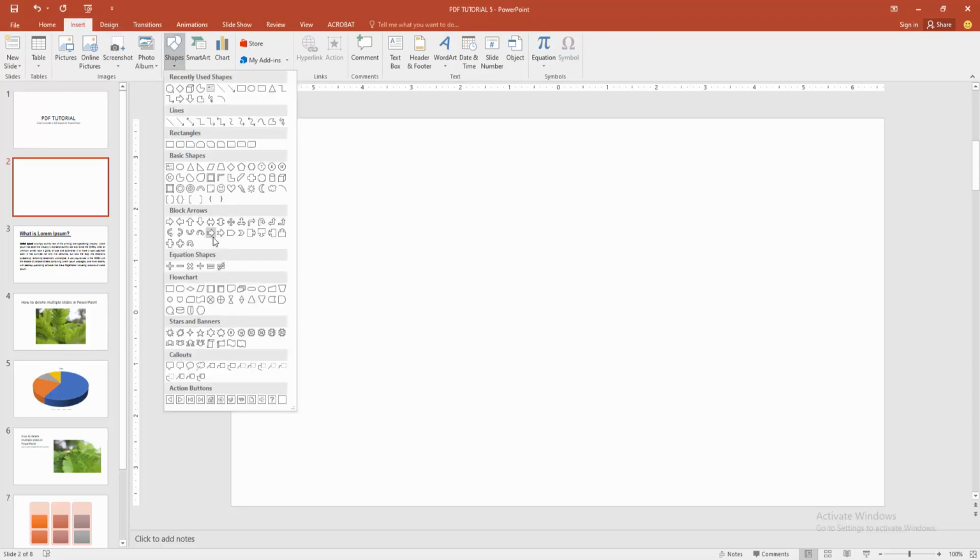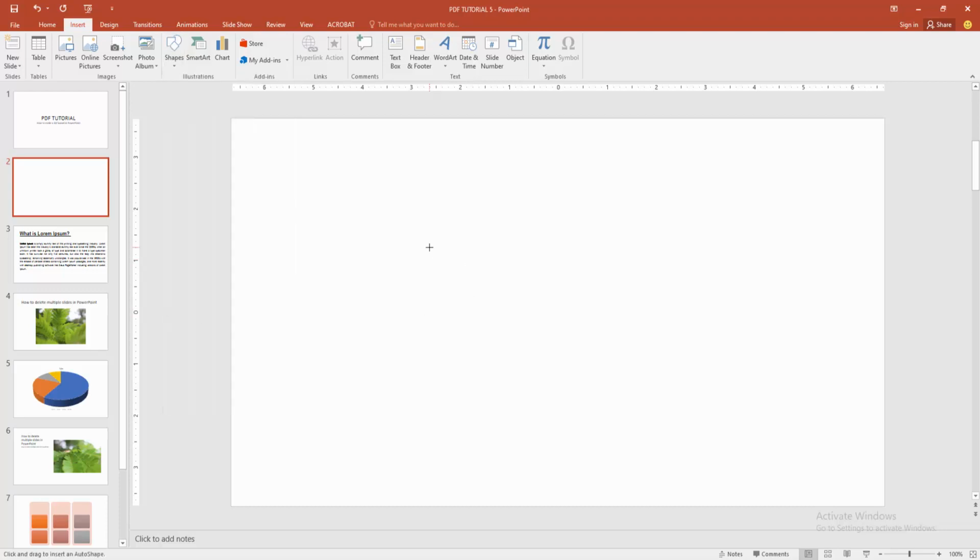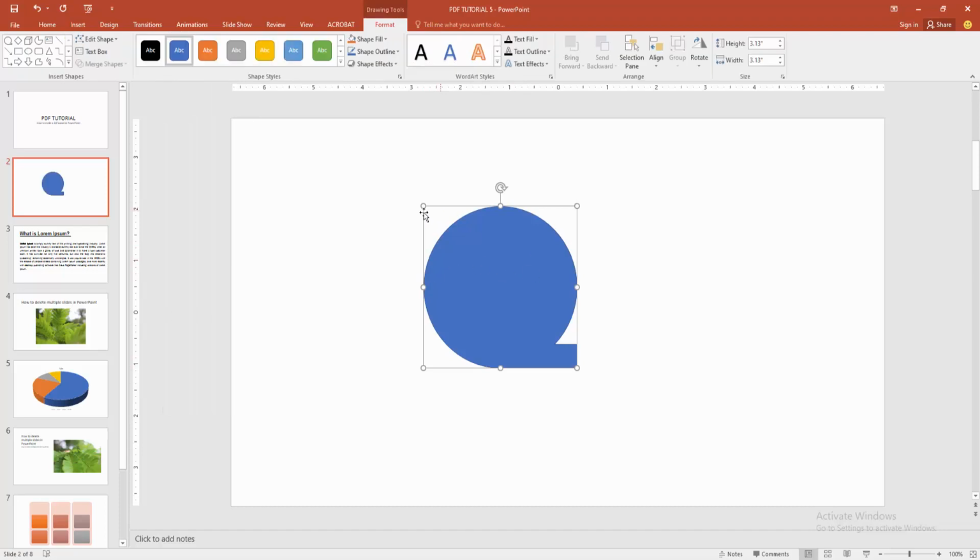Now we can see many shapes here. If you want to add a funnel shape, you can add the callout section to make a funnel-like shape, otherwise add the funnel, but the perfect funnel shape is not available here. Now I am selecting this funnel, then drawing the funnel while pressing Shift on the keyboard, then